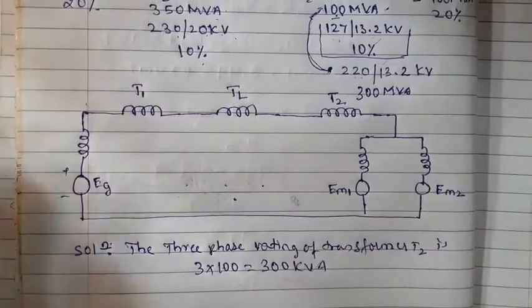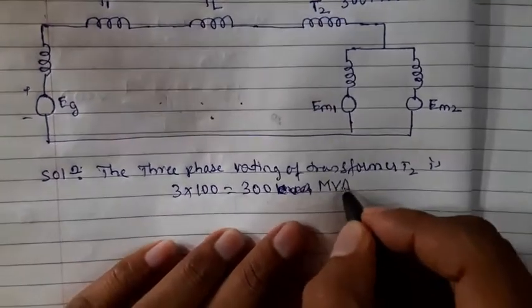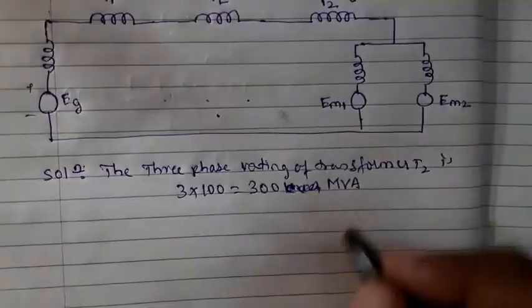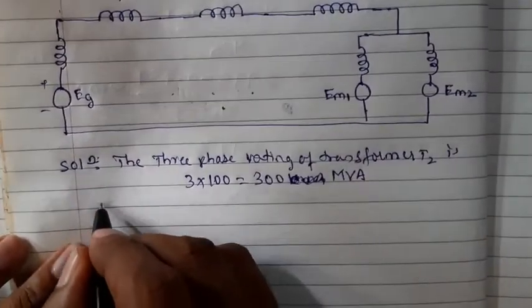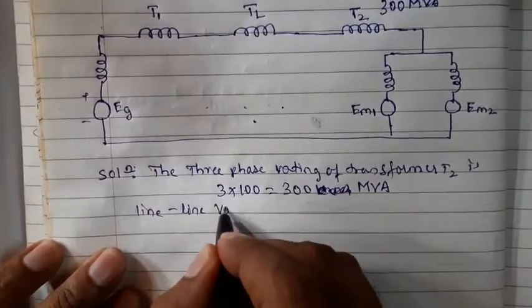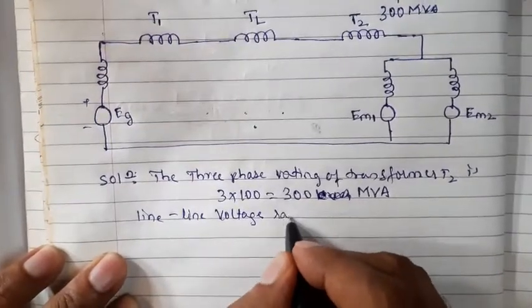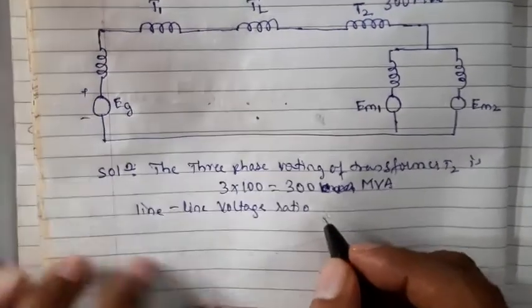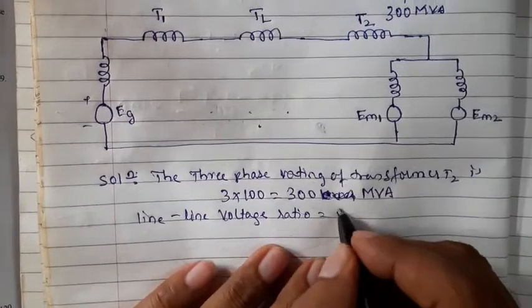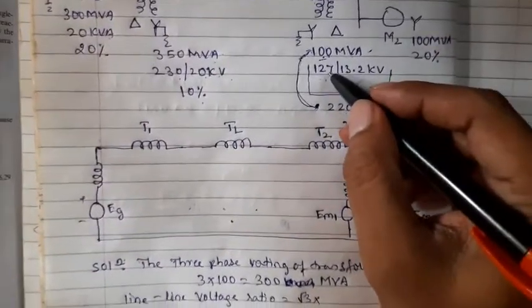300. Okay, sorry, it is 300 MVA. We have to go for 300. And now we have to find the line to line voltage of this T2 transformer. So the transformer ratio is equal to root 3 into, we have to multiply this one,